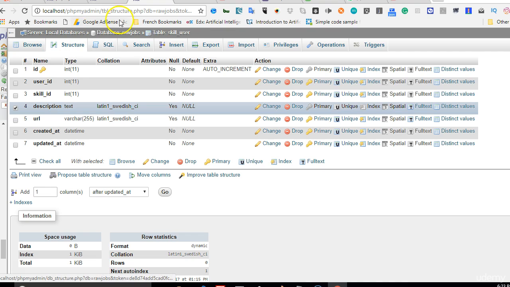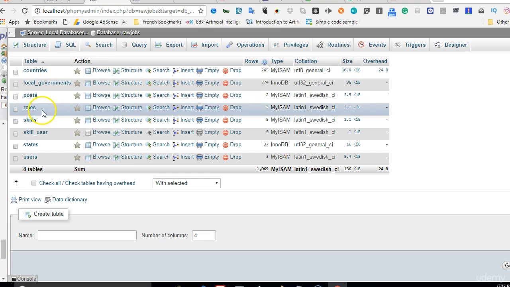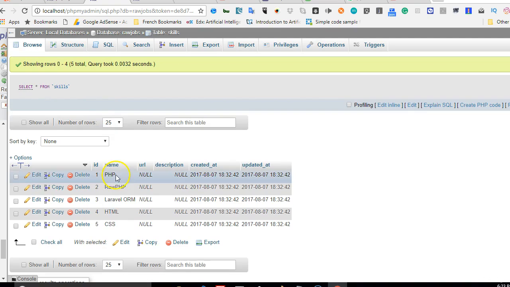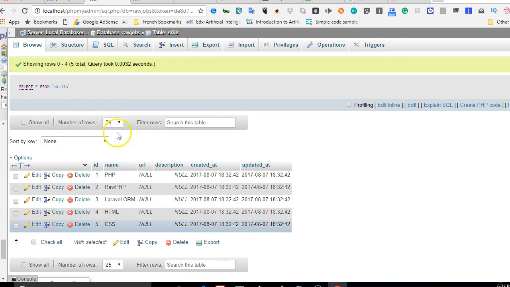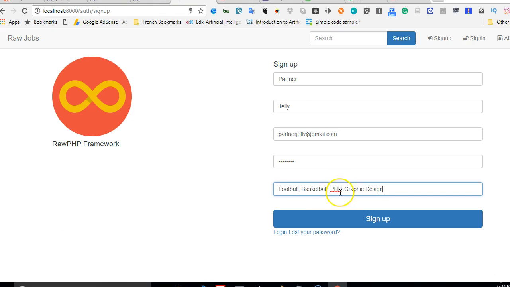In our skill user table, if we click on browse, we'll observe that there's nothing there yet. If we look at the skills table instead and browse, we will see that there are several skills already listed. So PHP shouldn't repeat, although we are entering it in the form. We've entered PHP, it shouldn't repeat. If we click sign up, and just for a test, I'm going to put PHP 2 in small letters. Let's see what will happen. So if I click sign up,